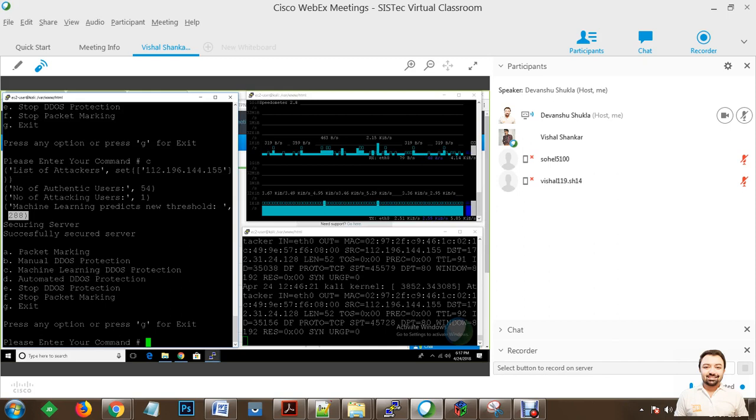So manually you need not change the values. There will be a program which will be checking the behavior of incoming requests, and using linear regression we can quickly predict a threshold value and set that accordingly.